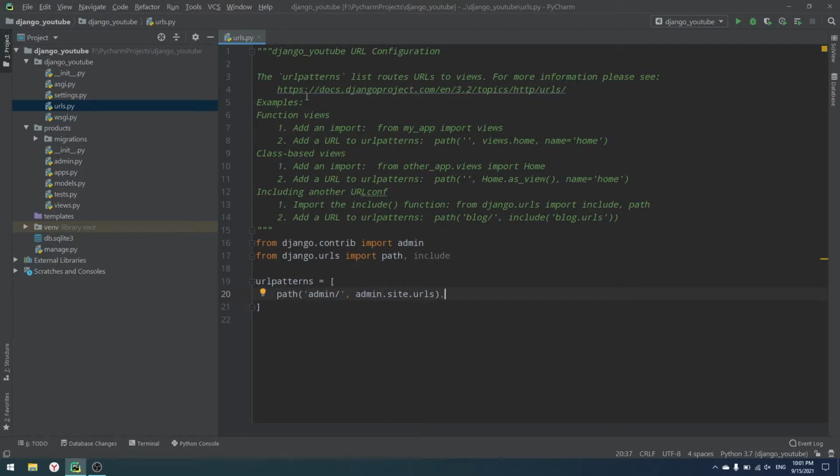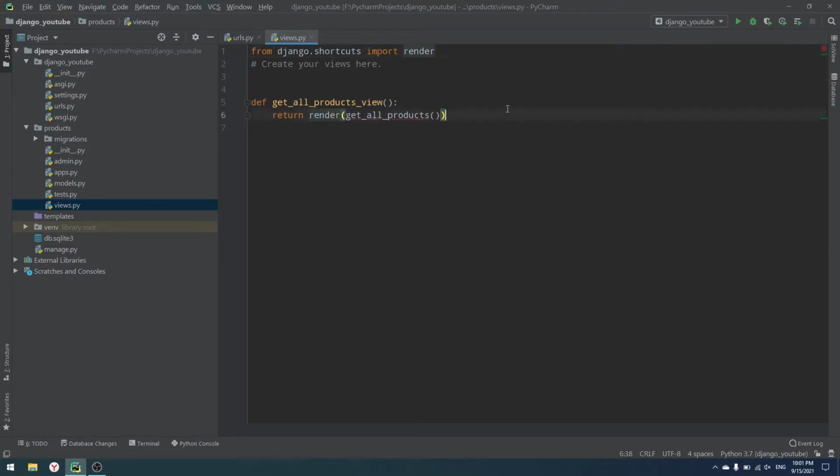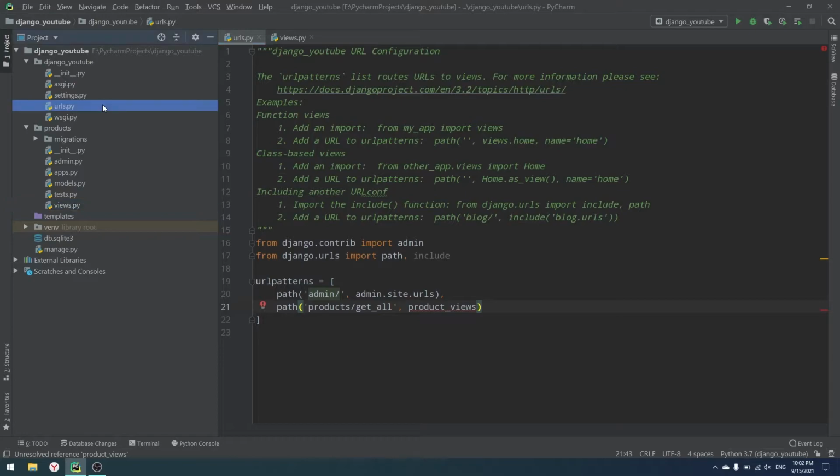A lot of people, and we are going to urls.py, a lot of people use that approach. For example, we have views.py in our products. Let's go right here. Oh, it's spoiler right here. So for example, I have get all products view. What do you have? We are doing something like that in our general urls.py. For example, products slash, I don't know, get all. Then we have what? We have products, product views, and so on. So we put raw views inside of our global directories, inside of our global files, inside of our URLs files as well,